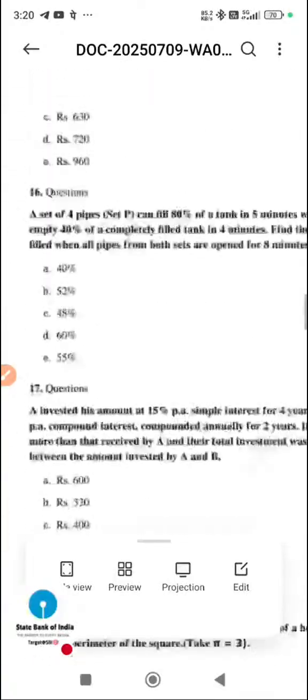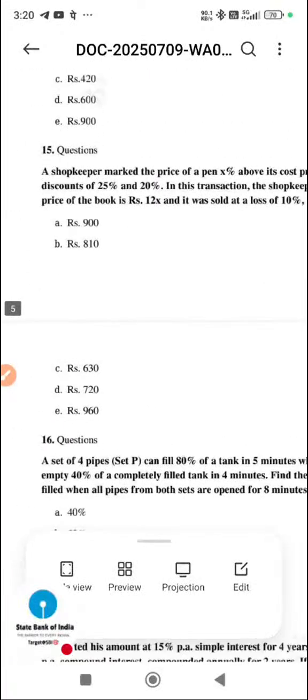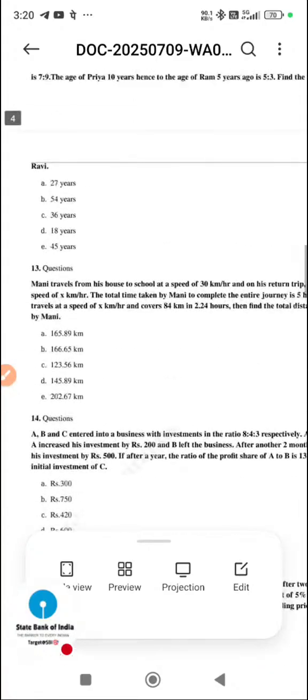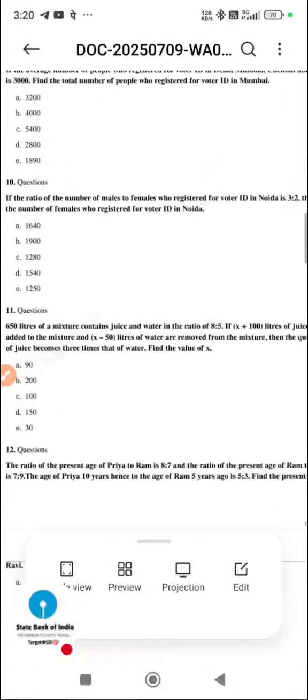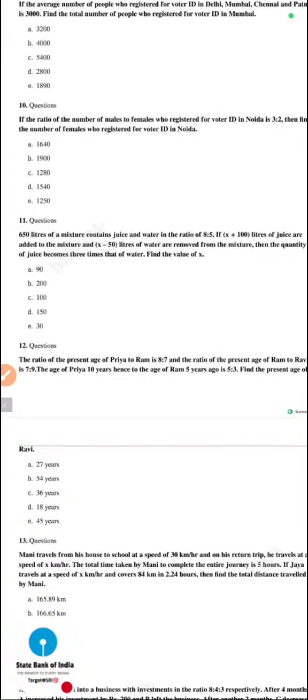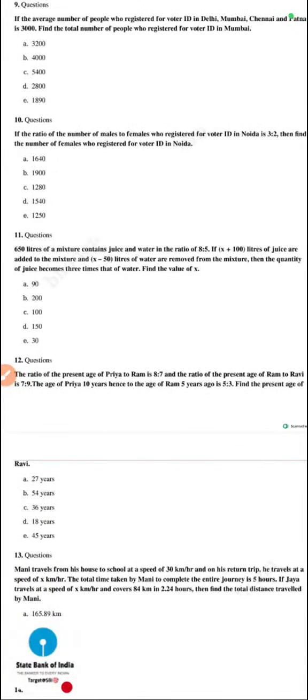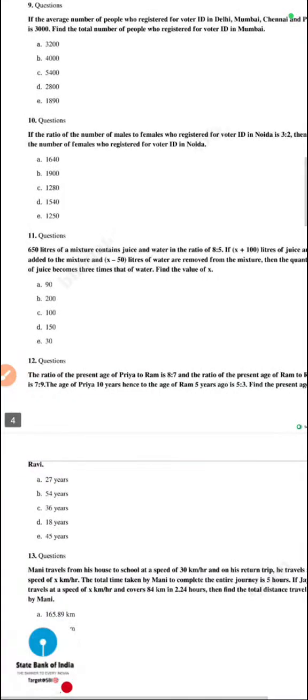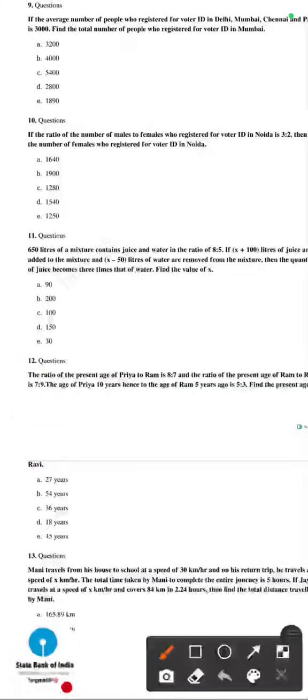Now we are going to deal with arithmetic questions. Arithmetic questions starting from question number 11. I'm sorry, I don't feel this is visible to you, but I will say the 11th one, 650 liters. This question,